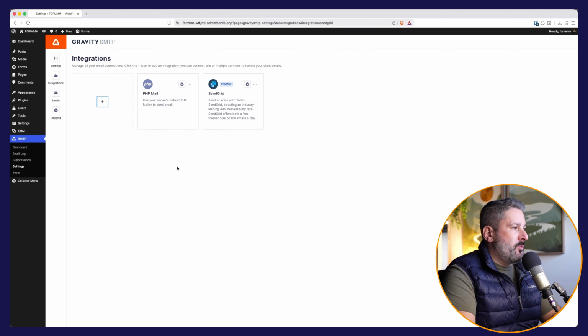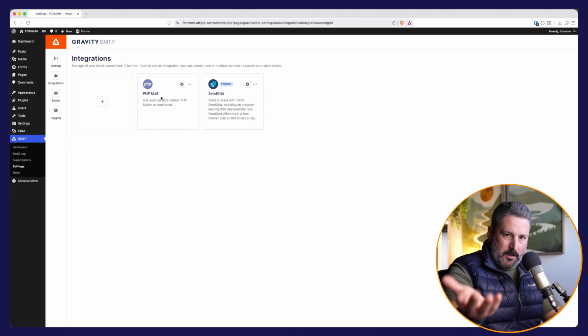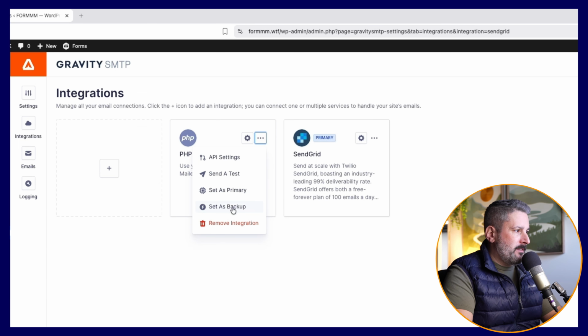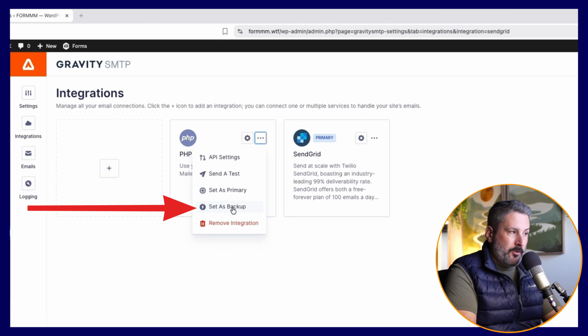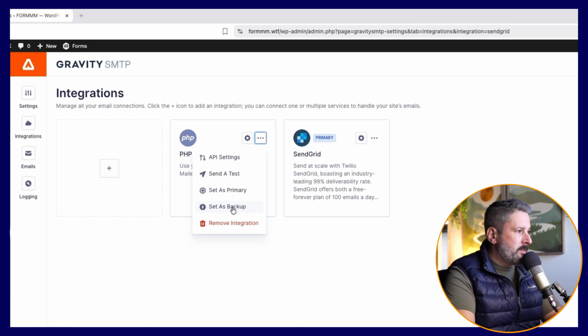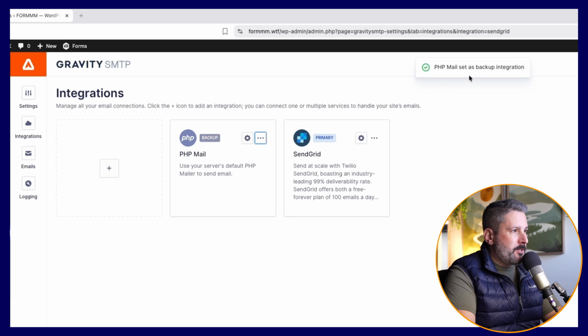And what I'm going to do after I have my new connection, any of your connections that you add to it, I'll click on the three dots and select Set as a Backup. And you'll notice on this SendGrid icon, it says primary. That's our primary sending service. So I'm going to click Set as a Backup. And then immediately it'll say PHP Mail is set to the backup integration, and the little backup icon shows up